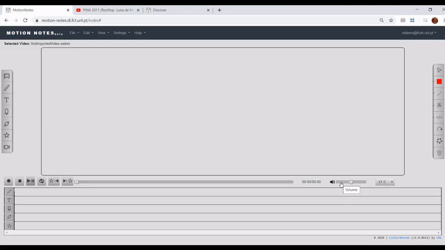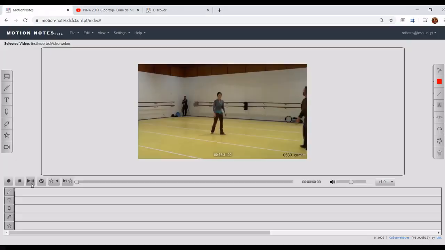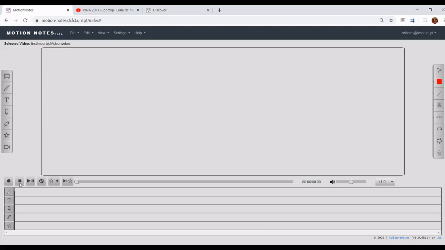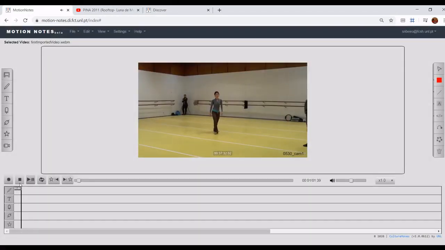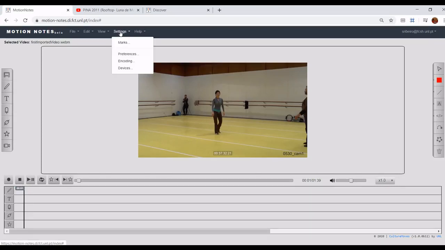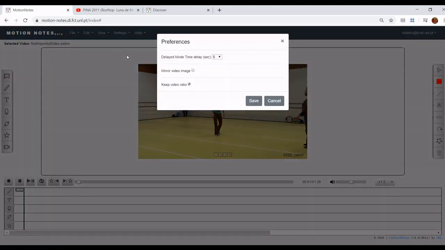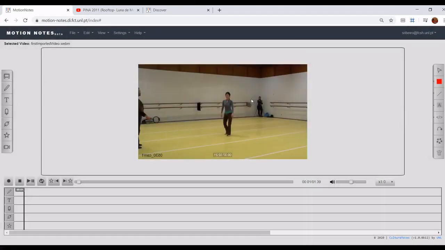MotionNotes provides the standard playback video controls which allow you to play, pause, and stop a selected video. Spacebar can also be used to start and pause a video. Regarding video replay, under Settings, Preferences, you'll also find some related options. Keep aspect ratio, selected by default, and mirror video image, which, if enabled, will mirror the video image being shown to you. For example,